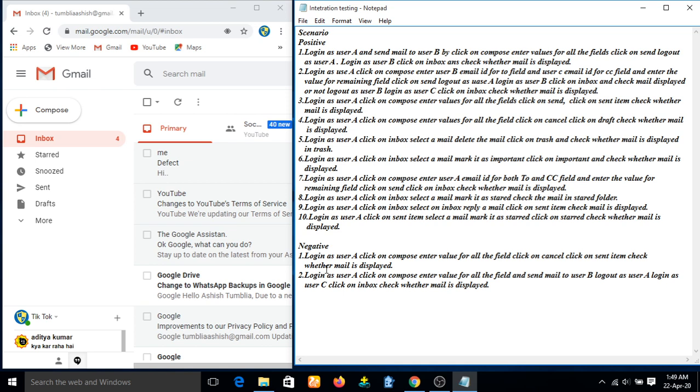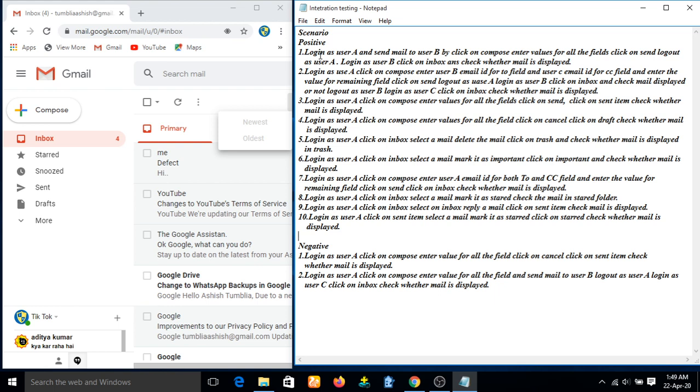So now let's start the testing. The first scenario is to log in as user A. After that, we have to send a mail to another user by clicking on compose, and fill in the compose form, meaning I have to give the recipient, subject and body, whatever fields are there, completely.